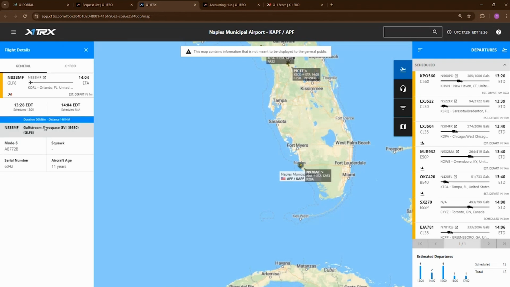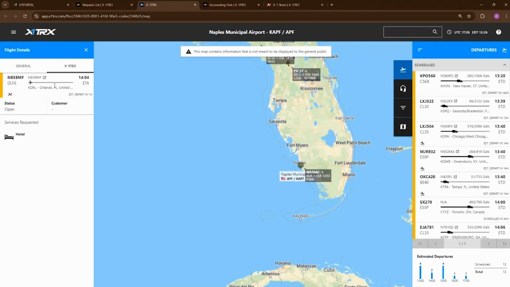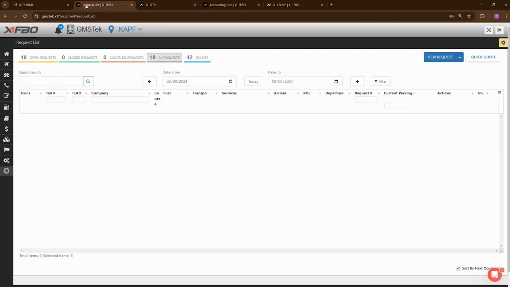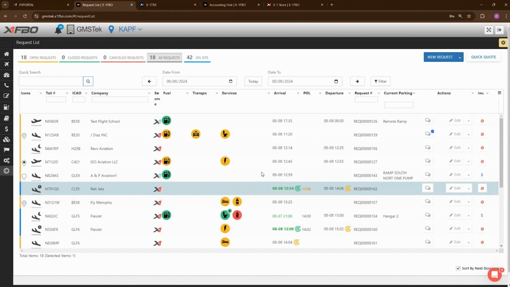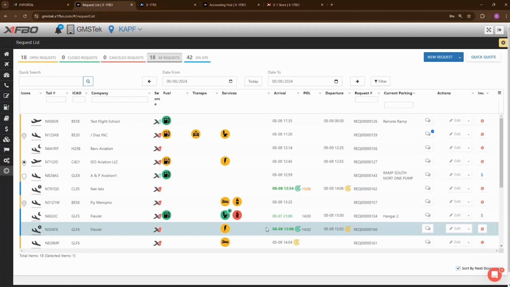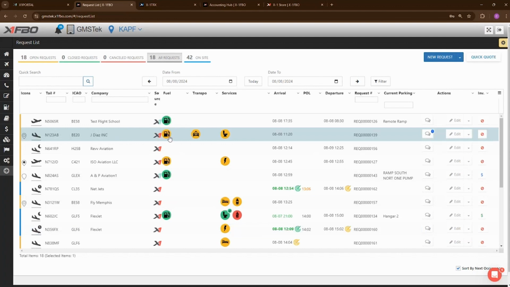And if I click on that X1 logo, I can see more information about the statuses of the services. And vice versa, if I'm on the request list, I can see which of these requests have a tracking picked up from the tracker, if they're en route, and it'll go ahead and automatically mark their arrival times, their departure times. So we're going to take a look at this request right here, which is our request for November 123